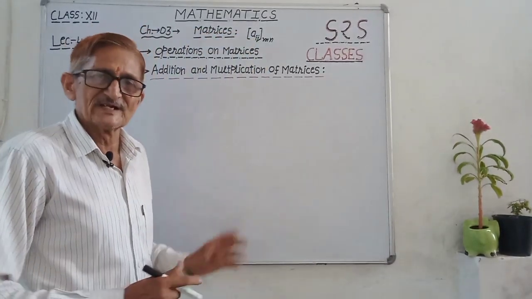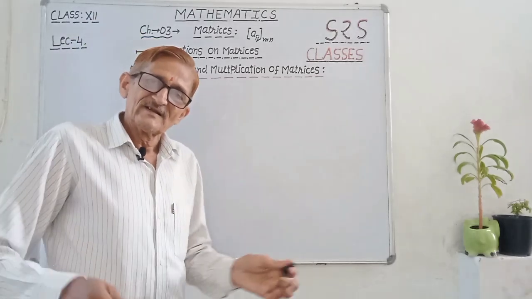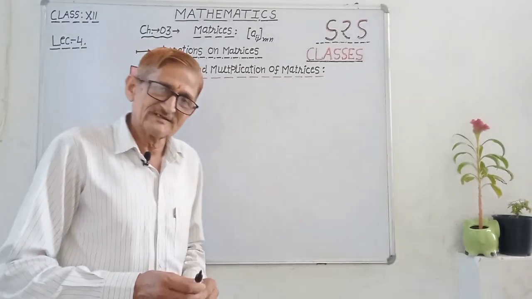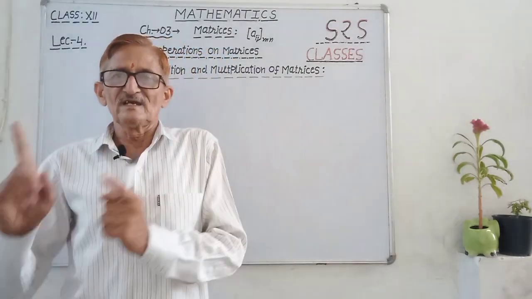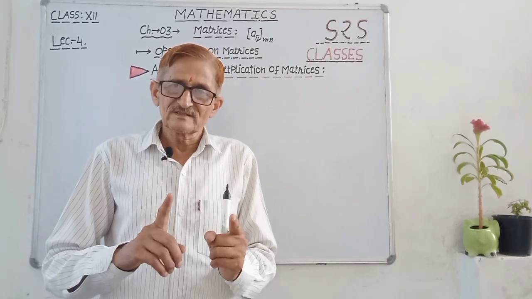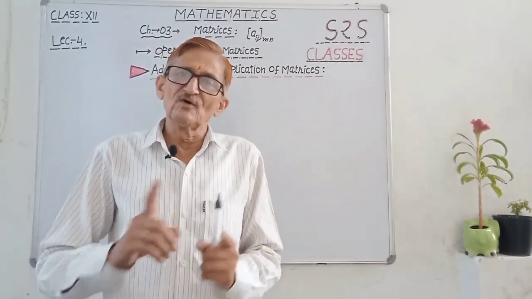Now in that, first addition. Now addition of two matrices, how can we add two matrices? Understand, sum of the two matrices is a matrix of the same order. It means we may add the same order matrices